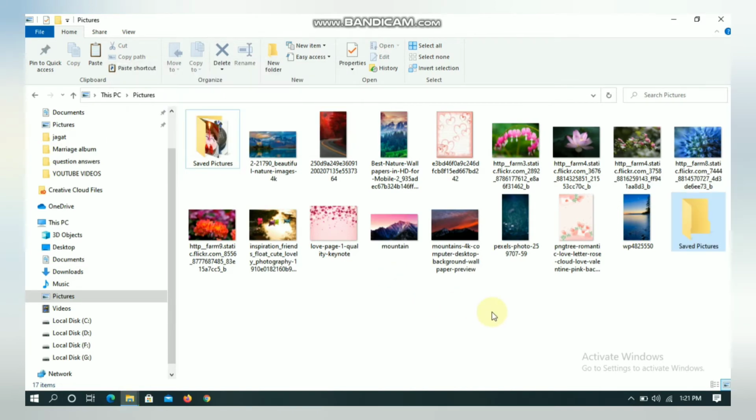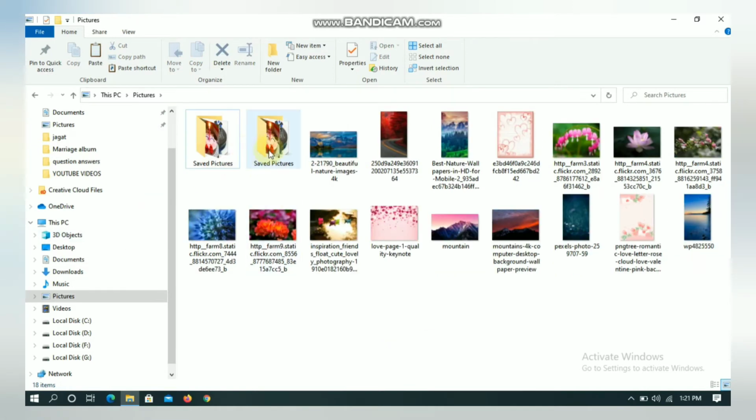So you can see the same folder is copied, right? And you can also copy the same image. You can copy any image.